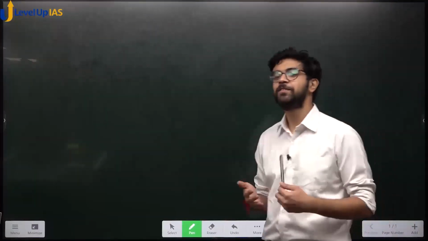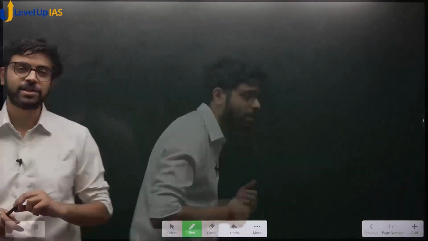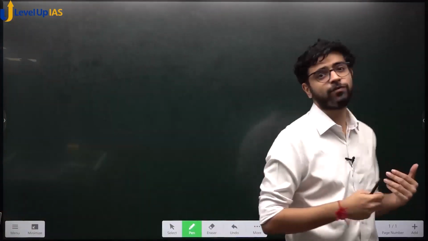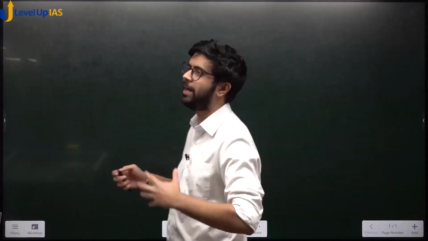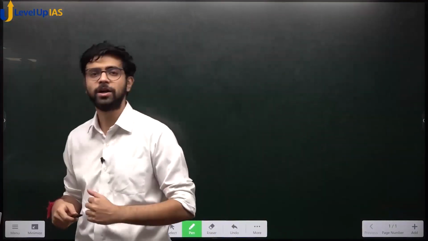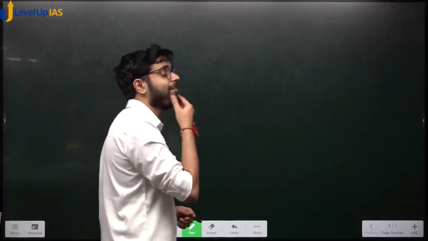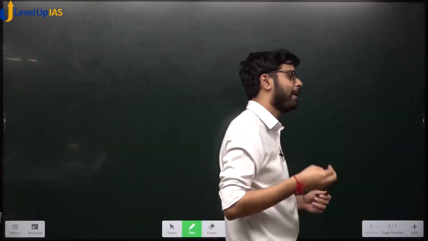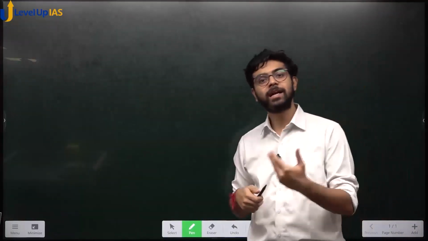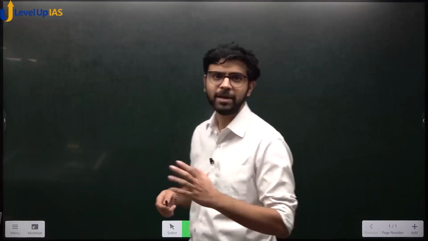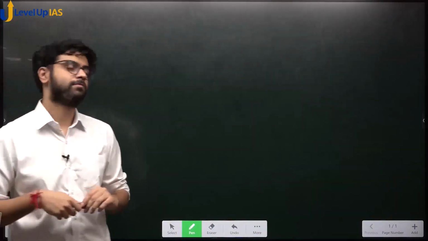In the previous lecture, we did all about debt. We saw the review committee recommendations. We saw all about fiscal policy. We saw why revenue receipts increasing is important. We saw why capital expenditure is important because it is normally asset creating expenditure. Then there are two types of capital receipts: debt creating capital receipts and